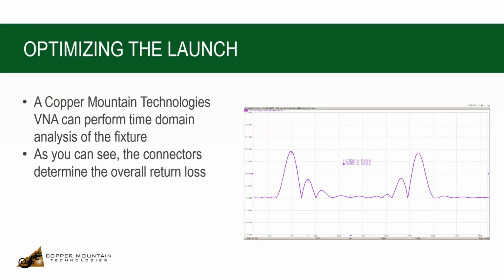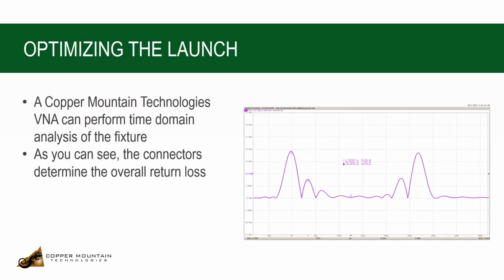With a Copper Mountain Technologies VNA, you can use time domain analysis to look at your fixture. As you can see, this is a transmission line with an end launch connector on each side. And what do we see here? This is return loss versus time. The big bump on the left-hand side is the initial launch from the circular part of the connector to just the beginning of the PC board. The next little bump is